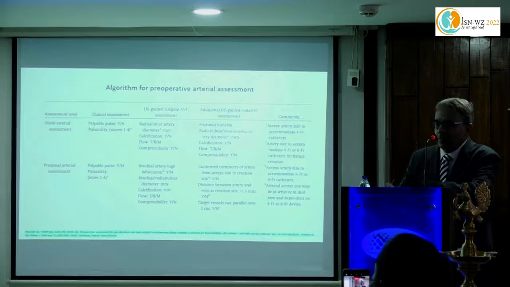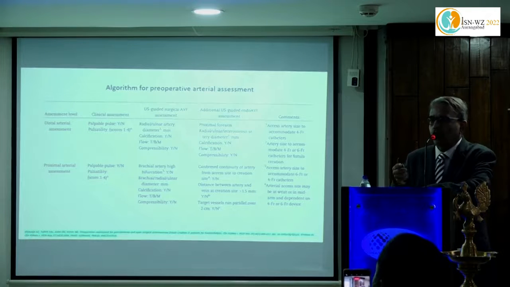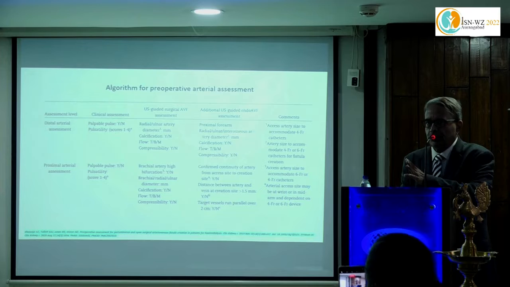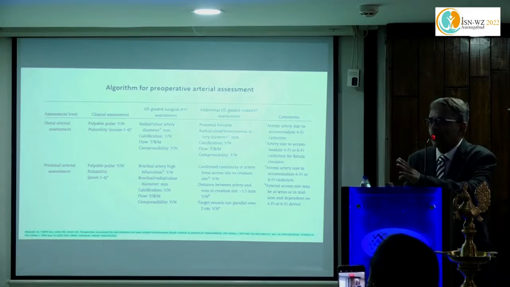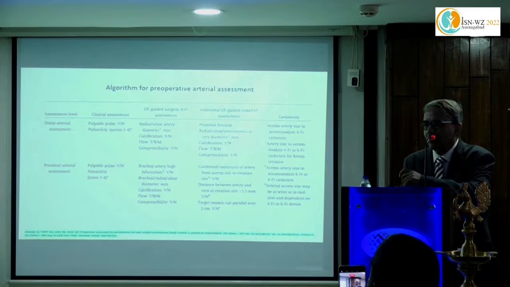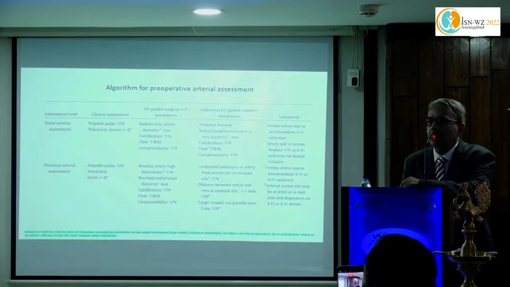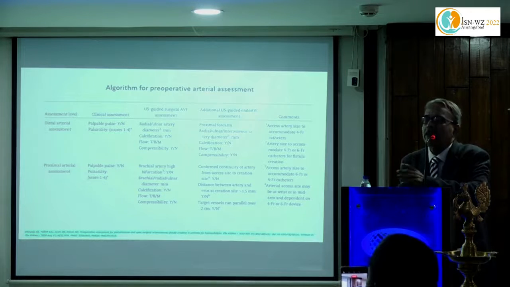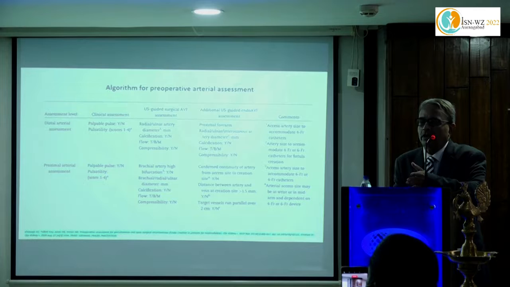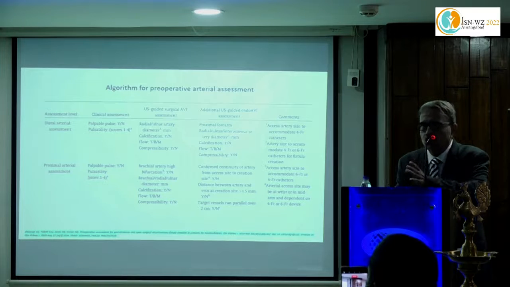The algorithm needs to be recorded for consumer court protection against nephrologists, because you need to record the palpable pulses in all possible areas, then the pulsatility and resistivity of the pulse. In case you fail, primary failure or secondary failure, somebody can sue you, and then if you have maintained this